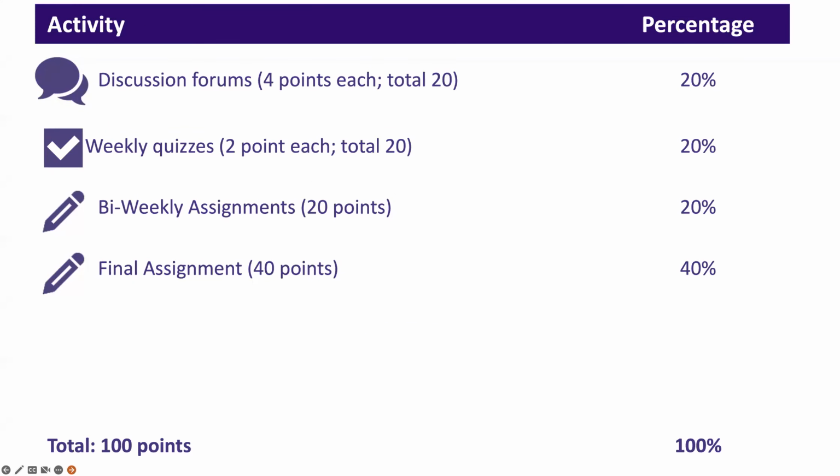So throughout the course, you will be graded on each of these activities. Here's the overall grading rubric, sorry, not gradebook, grading rubric. You can see that discussion forums are worth 20% of your final grade. There are 5 discussions. Your discussion group, which will have about 25 to 30 people, is different from your local site group.